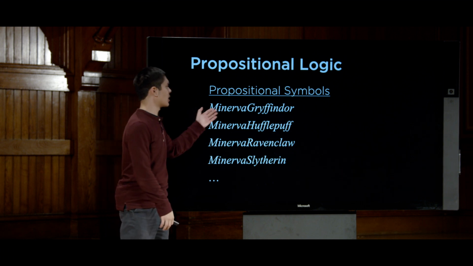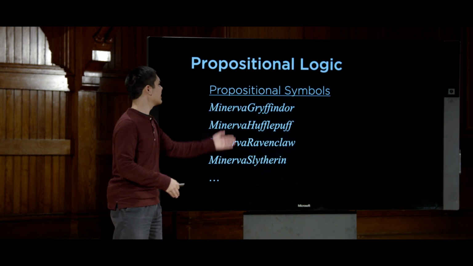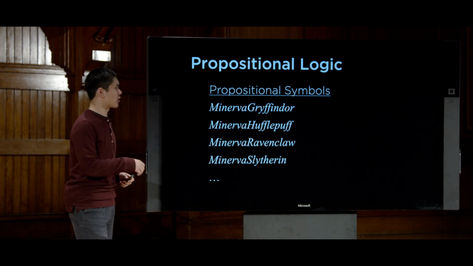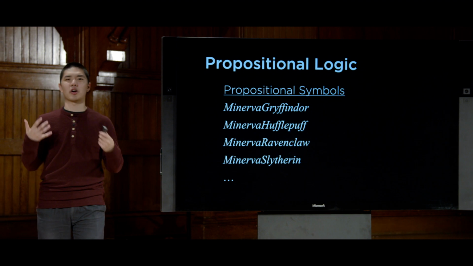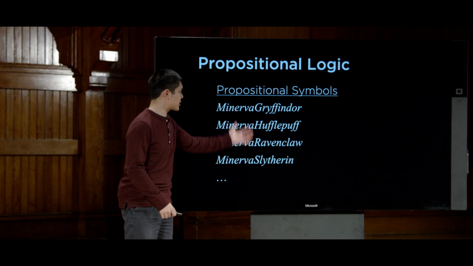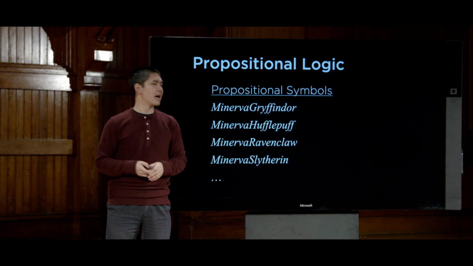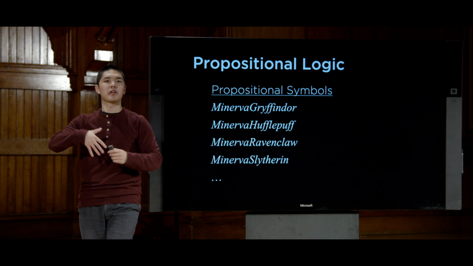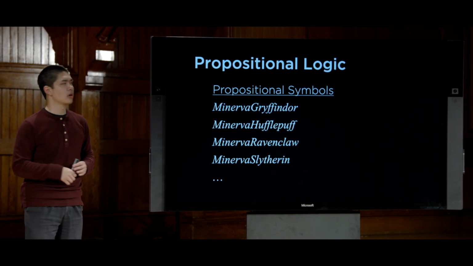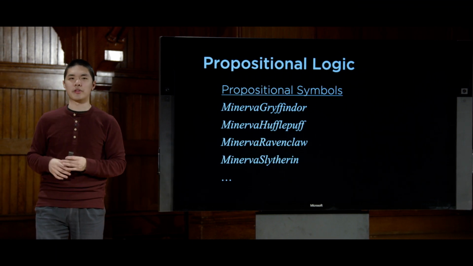Right? We had a symbol for Minerva Gryffindor, which was either true if Minerva was in Gryffindor and false otherwise, and likewise for Minerva Hufflepuff and Minerva Ravenclaw and Minerva Slytherin, and so forth. But this was starting to get quite redundant. We wanted some way to express that there's a relationship between these propositional symbols, that Minerva shows up in all of them. And also, I would have liked to not have had so many different symbols to represent what really was a fairly straightforward problem. So first-order logic will give us a different way of trying to deal with this idea by